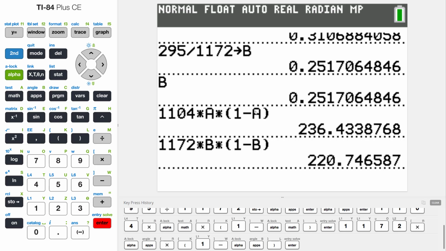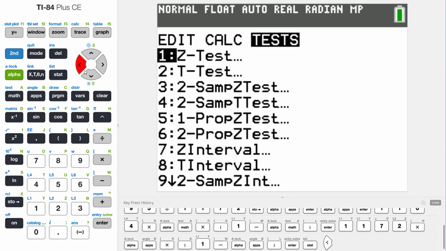The particular test that we use here is the 2 proportion z-test. It's a built-in function, and we definitely want to use this because the round-off error can be horrendous with this type of problem if you turn away from using this. We don't want you calculating the test statistic or anything here by hand if it can be avoided. So anyway, it's number 6 on this calculator menu,